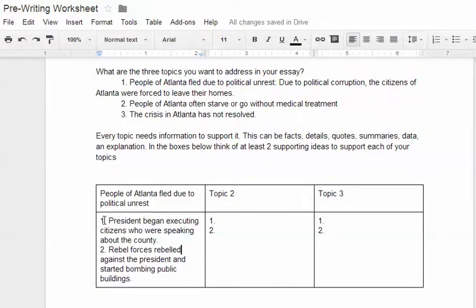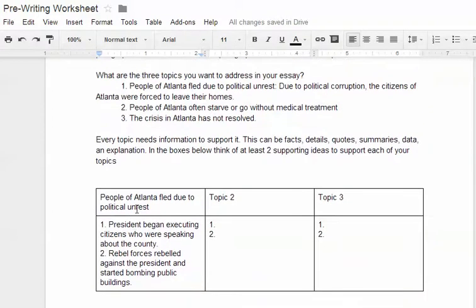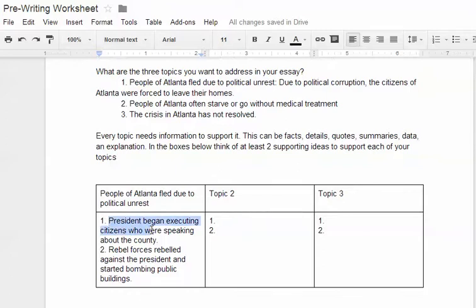Okay, so we have two supporting details for this idea of people having to flee Atlanta due to political unrest. And again, this scenario is completely fictionalized. I'm just using it as an example. So the supporting details were the president began executing citizens who were speaking about the country, and rebel forces rebelled against the president and started bombing public buildings. So these are our two supporting details, and they support the idea that people had to flee due to political unrest. So we're going to make sure that those are in complete sentences and go ahead and move them over